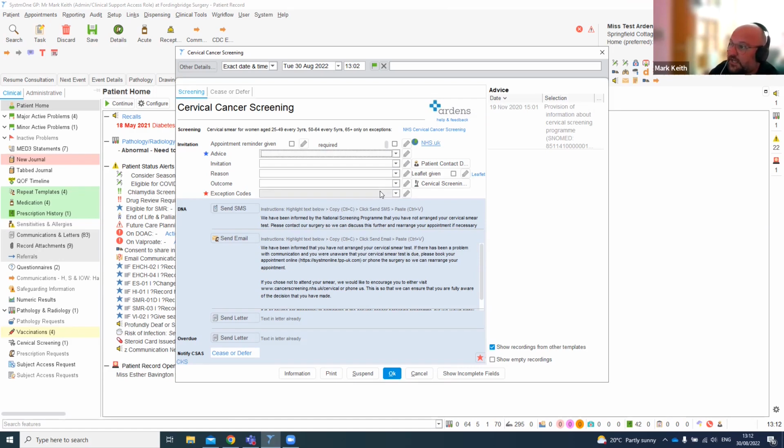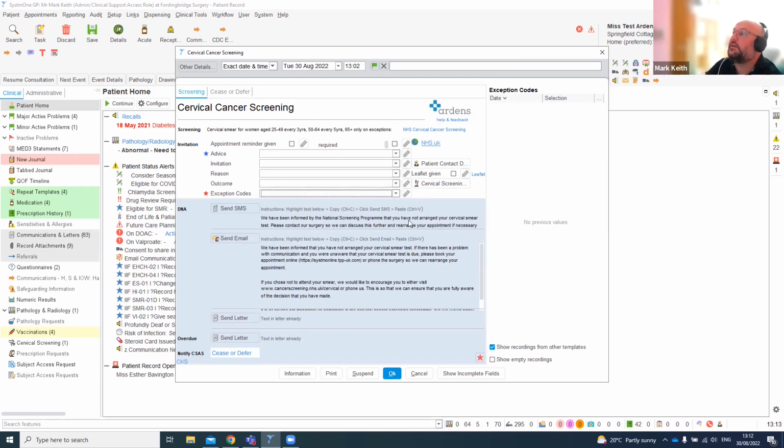There's some exception codes there, as you can clearly see, but they're there on this occasion. And the yellow stars would be any local enhanced services work. There isn't anything in particular on this template, but there may be on other ones that you go in and use on Ardens. You can also notice that you've got the ability to do any kind of